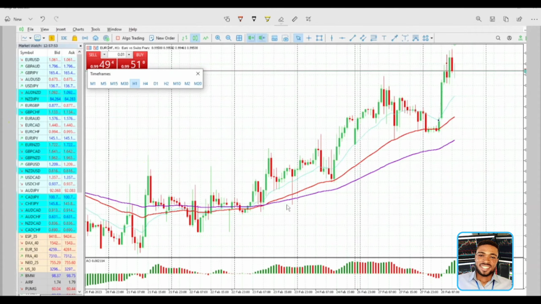So if you don't want to trade with any indicator, then you wait for the market to retreat back to a structural level. The structural level is the part of the chart where you see the market retracing, making support areas. That will become your structural level. So you wait for the market to trade back to the zone, and then you take your trade without any indicator. Or you wait for the market to trade back to a Fibonacci level or a very good indicator, and then you take your trade. So as you can see, the market was making a very power move to the upside,